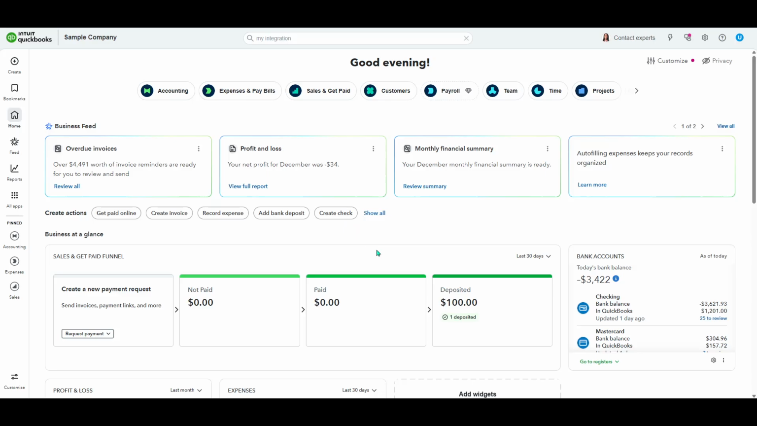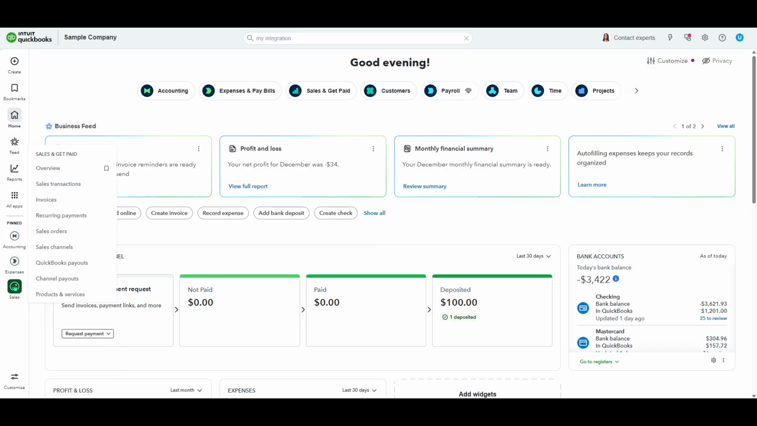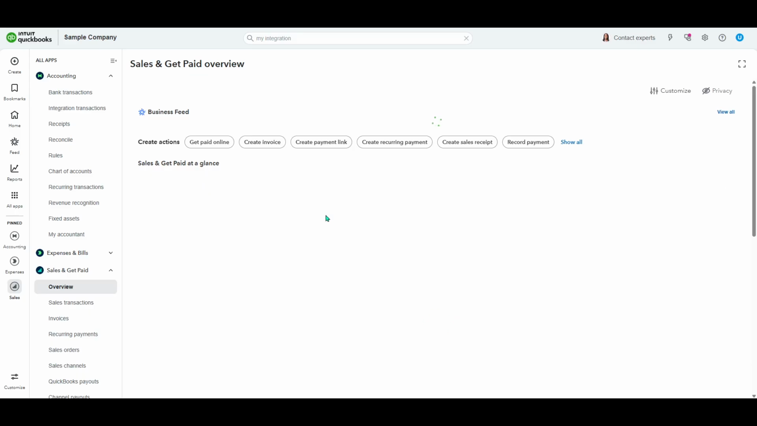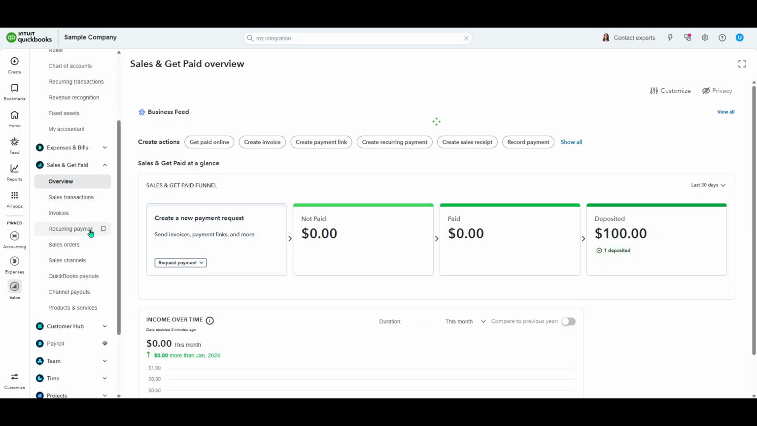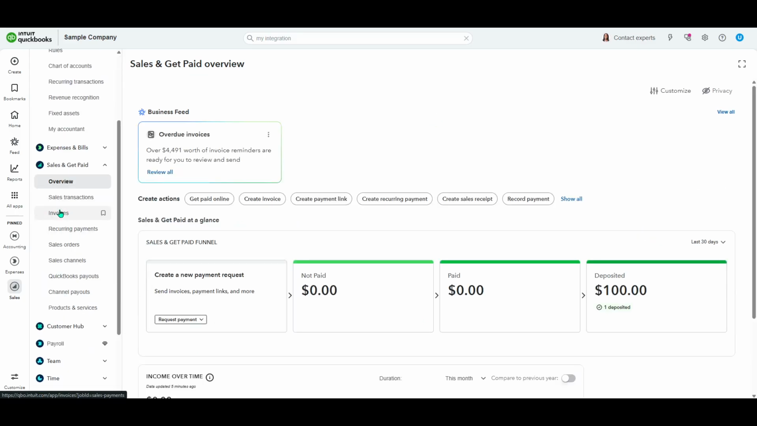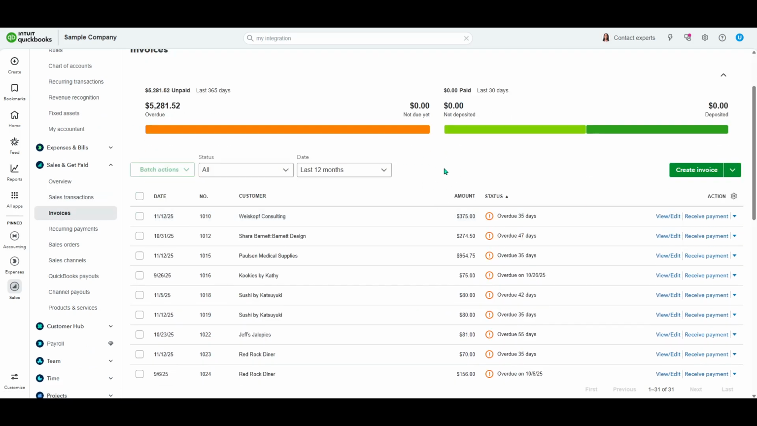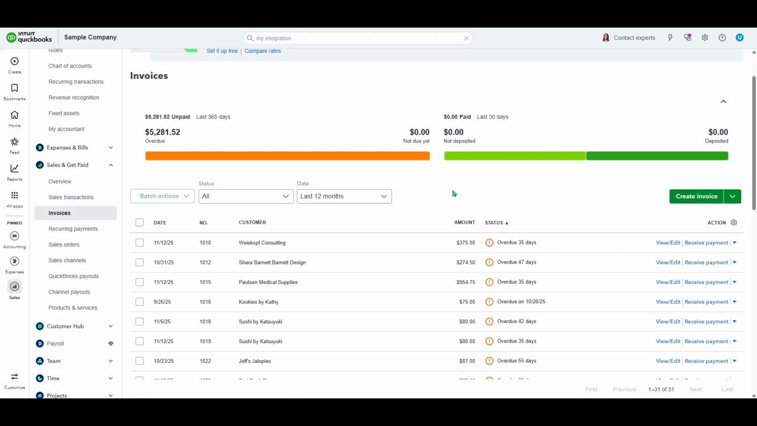Start by opening your QuickBooks Online company and looking to the left-hand panel. Click on Sales. This takes you to the area where you manage customers, products, and, most importantly for today, your invoices. Once you're in Sales, go to the Invoices tab. This tab lists all your invoices, open, paid, and partially paid, so you can quickly find the one that needs